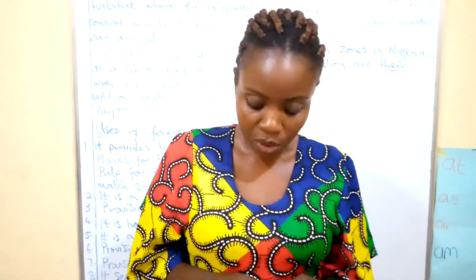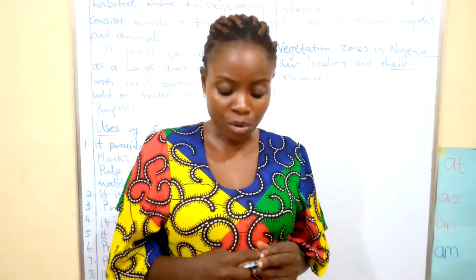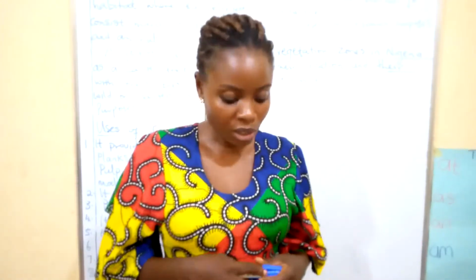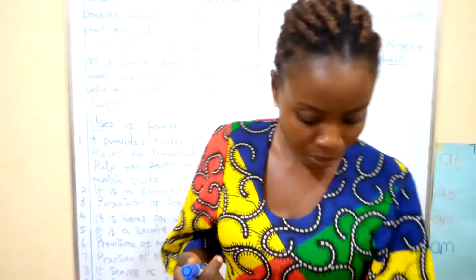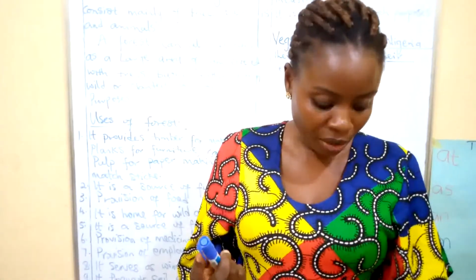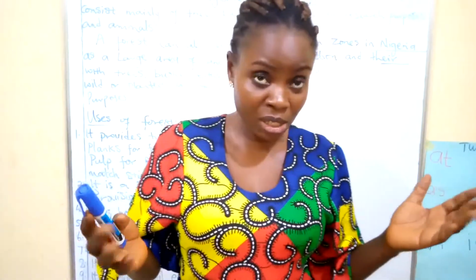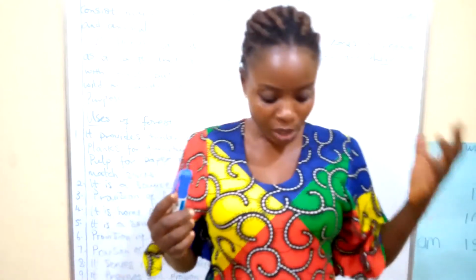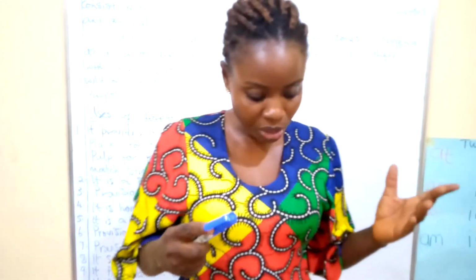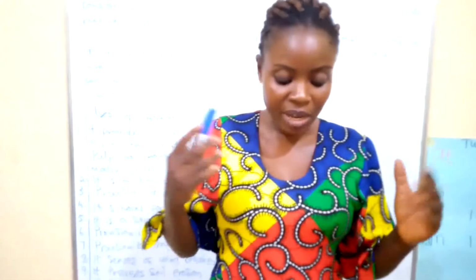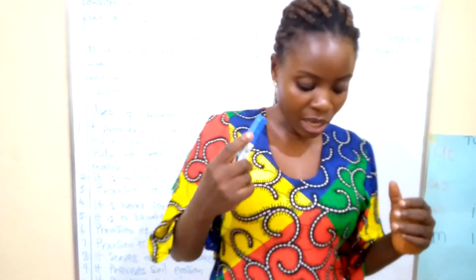Okay, now the characteristics of this kind of forest is that it has tall trees with buttressed roots, evergreen and broad leaves. Okay, it's actually a thick forest. We have trees such as obeche, iroko, walnut, mahogany, and rubber, very good rubber. You see it predominant in such types of forest. We have the oil palm, the coconut, and the kola nut trees. We also have food crops like the yam, cassava, maize, rice, cocoyams, and beans.